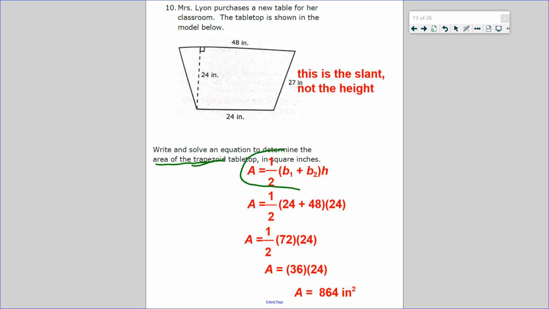This is the formula right here. B1, B2, those are called the bases. Base 1, base 2. H means the height. Notice how the 27 is junk information. That is called the slant. We do not use that. So what do we do with the two bases? B1 plus B2, you add up the two bases, then you multiply it by the height, and you cut it in half. Because as we did in our experiment, if you have a trapezoid,